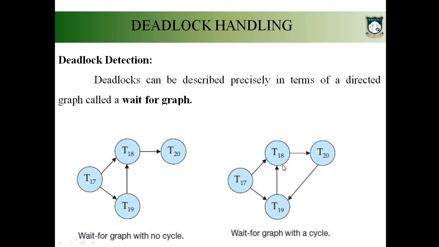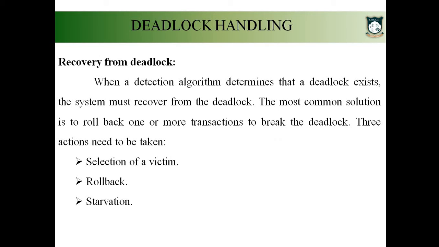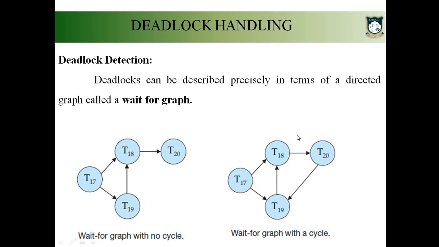So now we have discussed the second step, how to identify whether the system has entered deadlock or not. By using the wait for graph, we can identify whether the system has entered deadlock or not. Now with this information, we have to go with the third step. Okay. How to recover from the deadlock? See, if you just consider this case, now the system has entered deadlock state. Just refer to the right hand side image. Now the system has entered deadlock.